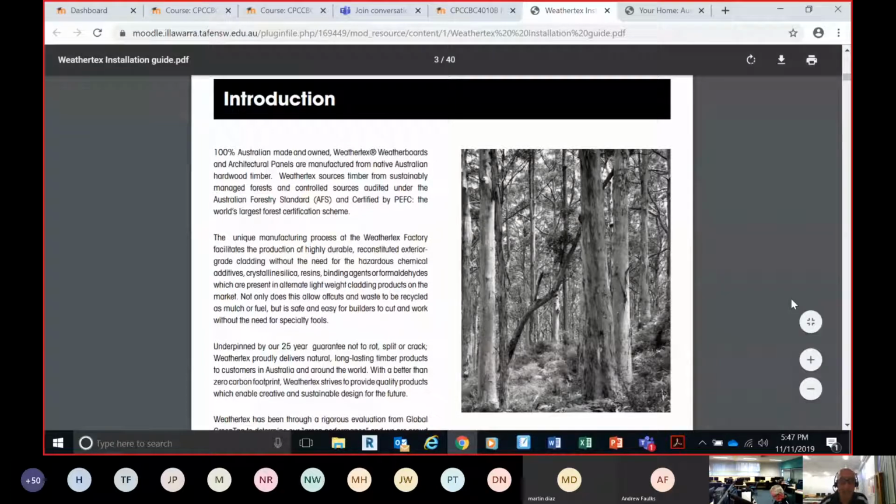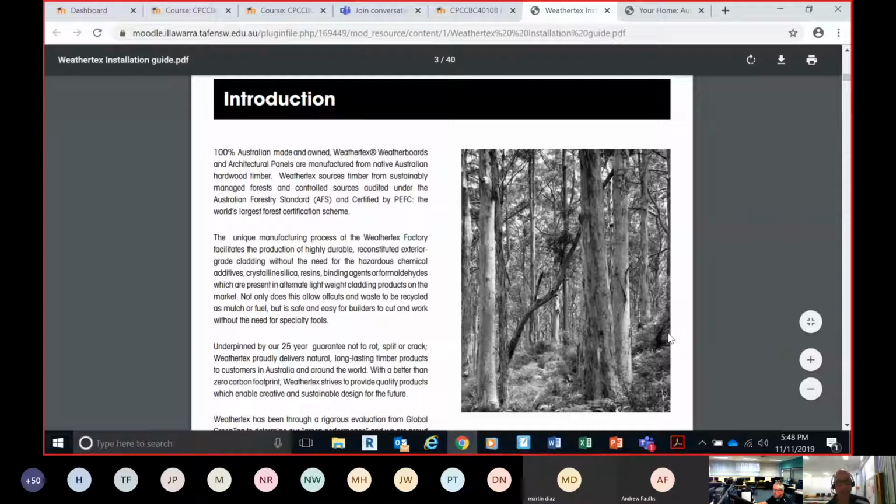The unique manufacturing process at the WeatherTech factory facilitates highly durable, reconstituted exterior grade cladding without the need for the hazardous chemical additives, crystalline silica, resins, binding agents, or formaldehydes, which are present in alternate lightweight cladding products on the market. Not only does this allow for offcuts and waste to be recycled as mulch or fuel, but it is safe and easy for builders to cut and work with,